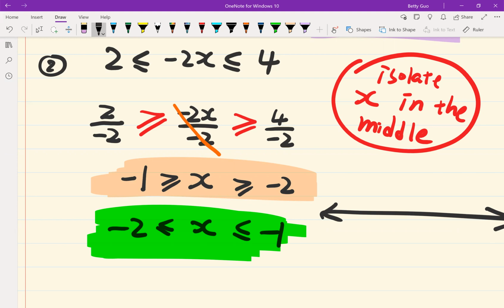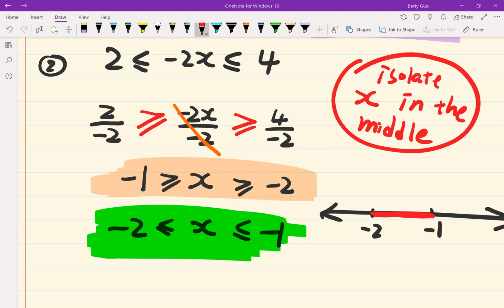-1 is also a solution. Do you see that? Let's graph the solution set. Where is -2? Where is -1? Which number is bigger? -1 is bigger, right? So all the real numbers between the two numbers,